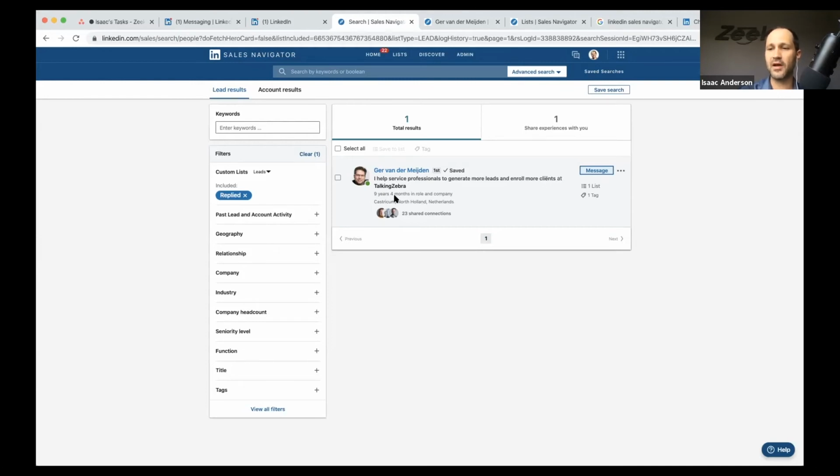LinkedIn has obviously the browser version, and then there's the mobile app for iOS or tablet or your phone, or for Android, Apple. There are some really cool features on the app, like uploading video as a native embed into the inbox. And you can't actually do that on your browser. And I'm like, why not? You have to use your phone.